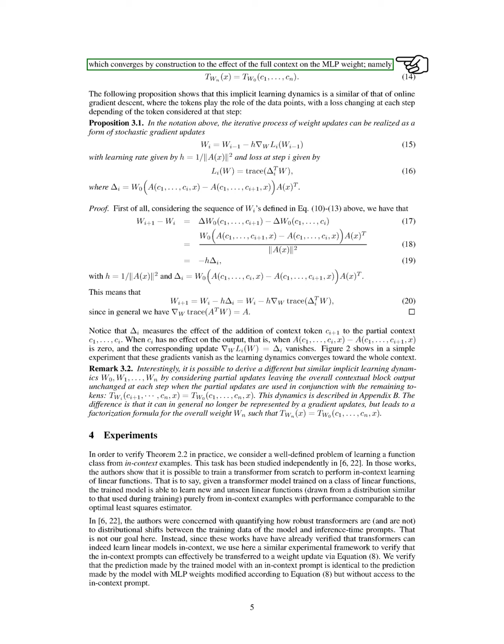We find that this implicit learning resembles online gradient descent, where each token acts like a data point, and the loss changes with each token added. Specifically, we can express the weight updates as stochastic gradient updates, with a learning rate based on the norm of a function evaluated at a point, and the loss at each step reflecting the difference in outputs caused by adding a new token to the existing context.